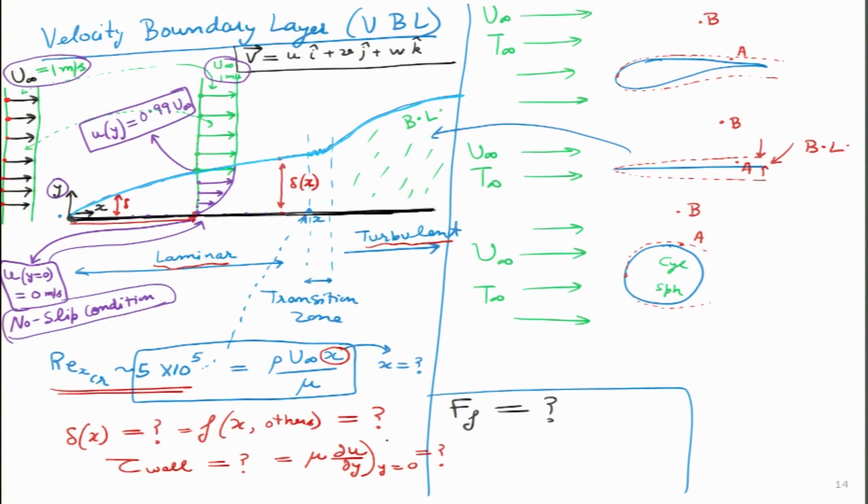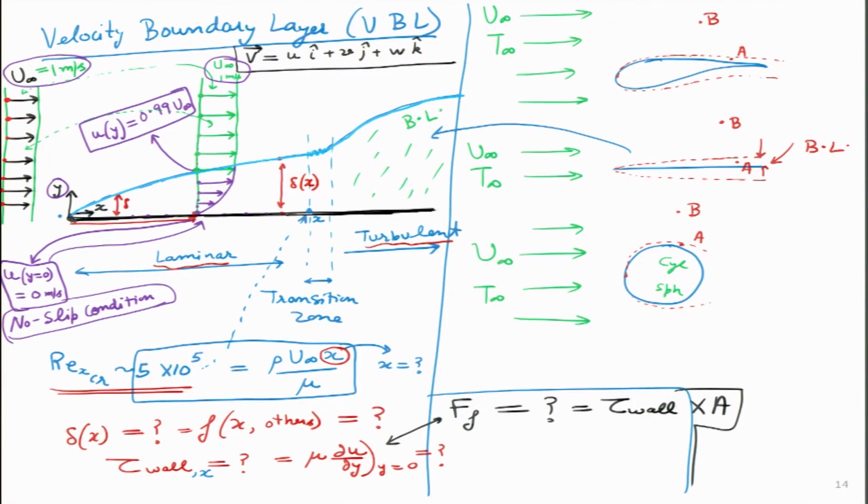So, some idea I will get that these two are correlated, because I can say that force is some approximate value, I can say it is proportional to the area. Then another question which comes to my mind is that, will this tau wall be dependent on x also, which means it will increase or decrease as we go along the direction of the plate. So, these are some of the questions which come in my mind, but it is too soon to answer them. So, we will just leave them as questions.